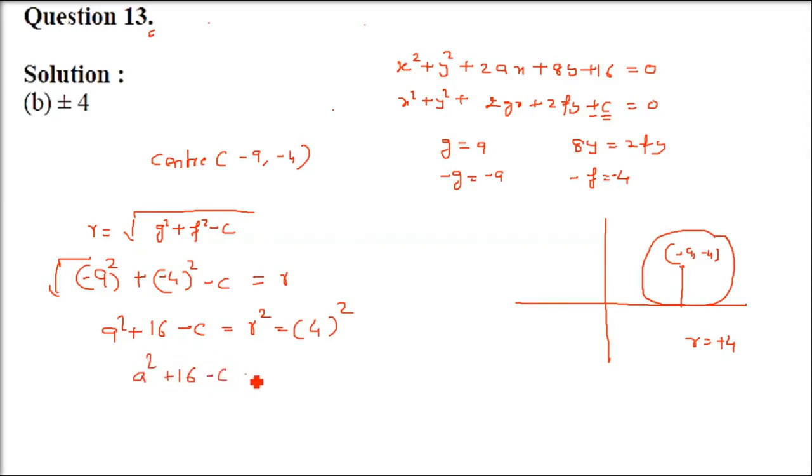And if you see in our actual equation, the c is 16. Take the equation which is given. If you compare 2x with 2gx, you got g. You compare 2fy with 8y, you got f. And you compare c with 16, or equate, c is 16. So now put c as 16 here. So this a square becomes 16. A square is 16, so a becomes plus minus 4. A is plus minus 4. So this B is the answer.